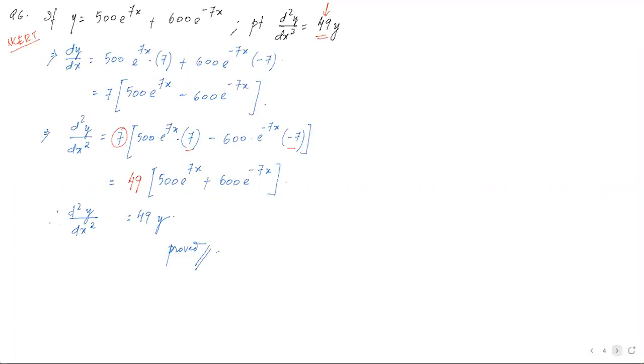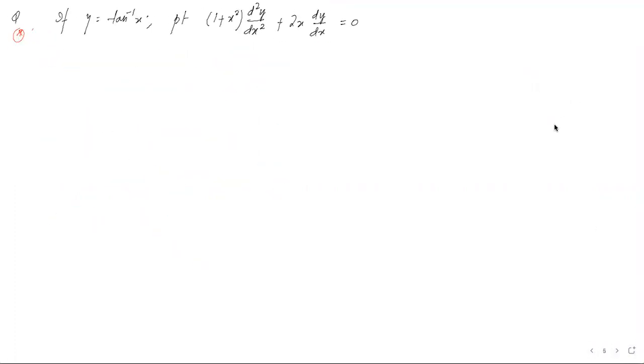Next one. So after number 6, this is question number 7. In question number 7, we get to see a very small function. Inverse trigonometric, tan inverse is given to us, and to prove, we can see a complicated expression. So no other go but to differentiate the function first. What we did, dy by dx. And if you recall, the derivative of tan inverse x is 1 upon 1 plus x square.